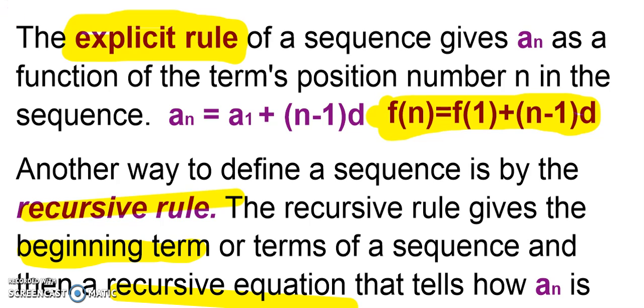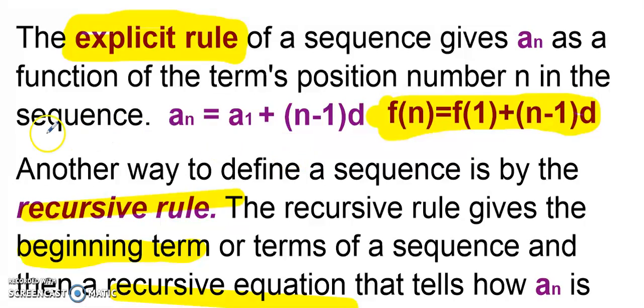Okay, so I'm going to go over this page. This is kind of our summary page. We are going to go over some more examples in class, but this is all I wanted you to take notes on at home. So just to wrap it up, the explicit rule of a sequence gives a sub n as a function of the term's position. So we want to know, what position are we looking for? Are we looking for the 101st, the 50th, the 24th? It's always going to be based on that input of the term that we're looking for,